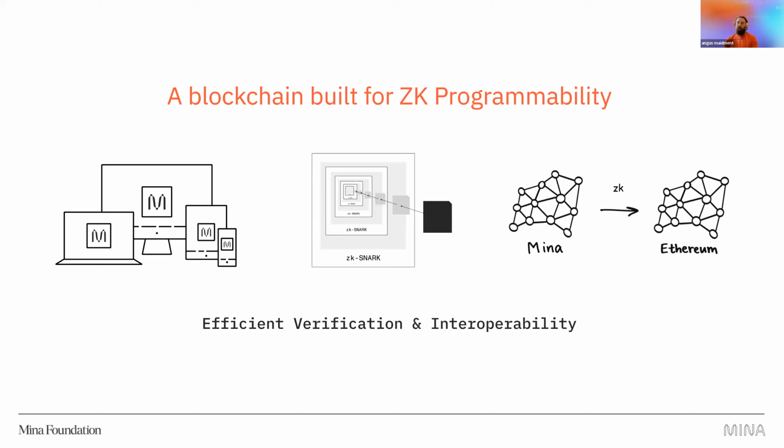So one of the things that Mina uses these ZKPs for is, as I said, the verification of these proofs is very fast and very efficient. So that actually means that you can verify the Mina blockchain using not a lot of computational power, right? So you can verify the Mina blockchain on different kinds of devices, for example, mobile devices. You don't have to have a server or a mining farm to be able to verify the blockchain. And it also uses